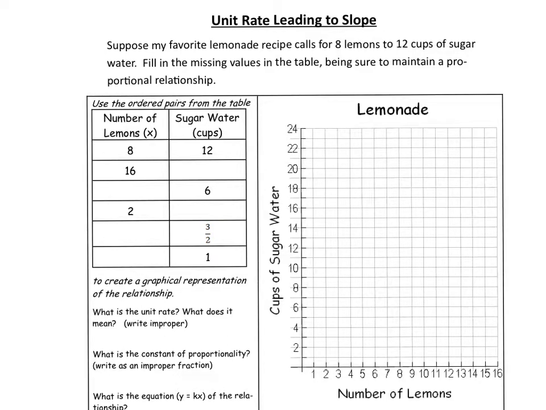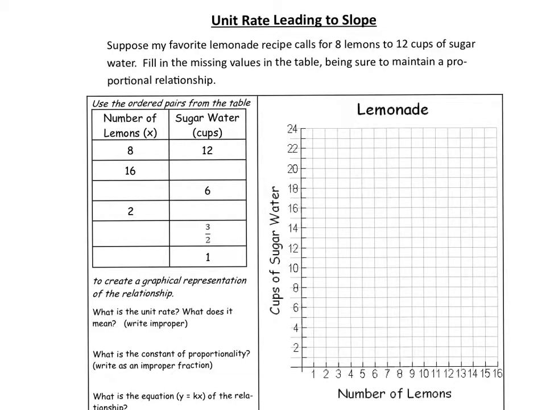All right, now that we've covered proportions and unit rates and their relationship, we're going to take this one step further and move into this thing called slope. And slope is all about a relationship between two values. So let's take a look at this example. Suppose my favorite lemonade recipe calls for 8 lemons to